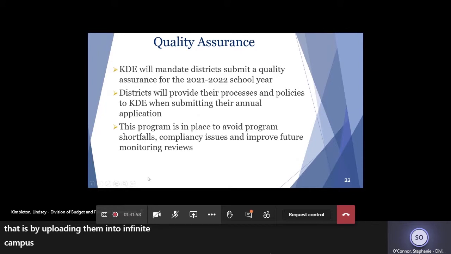Schools are more than welcome to start submitting the quality assurances this year. This would allow the district a much quicker processing time and make sure the district doesn't miss the 2021 deadline. We'll be glad to help schools with these. Please reach out to us if any assistance is needed. Please know that there is a basic outline located on the KDE school-based website to help schools get started.